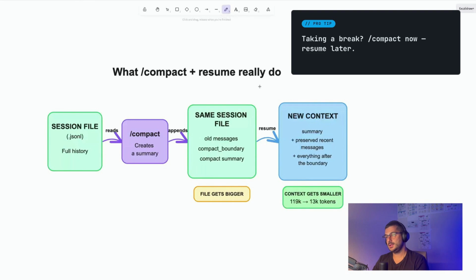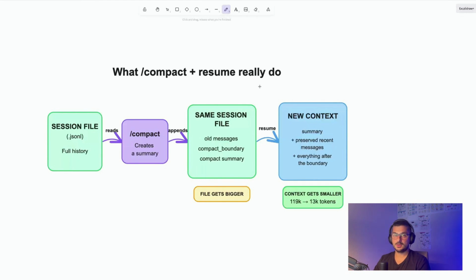About resume, I can give you advice. It's a good command to use with compact when you have a long conversation and you understand that you need to take a break, like half an hour, 1 hour. You must immediately use compact, and then you can close it, return back, and use resume to continue this conversation. If you do not use compact in this case, when you return in 1 hour, the next message will send all tokens, let's say 300k tokens, to Anthropic.